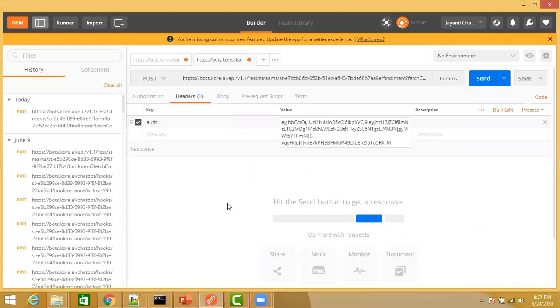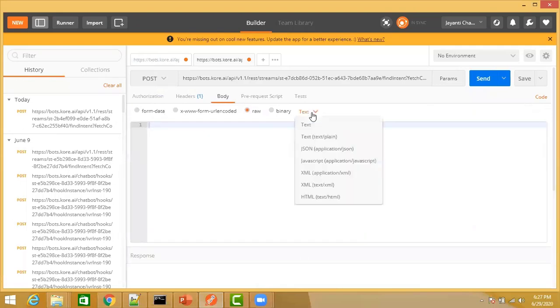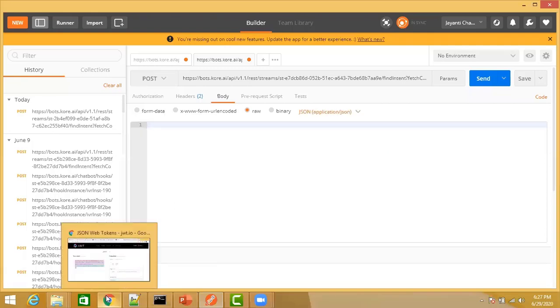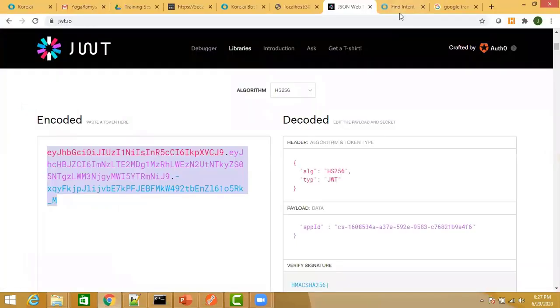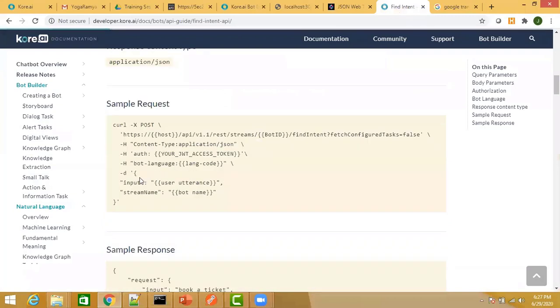Now your JWT is added, and we go to the body where we are going to put the request. Select application JSON over here, and here you can provide the body. The body of the request is also available in our documentation. For every API, you will get the sample request over here, so copy that sample request.